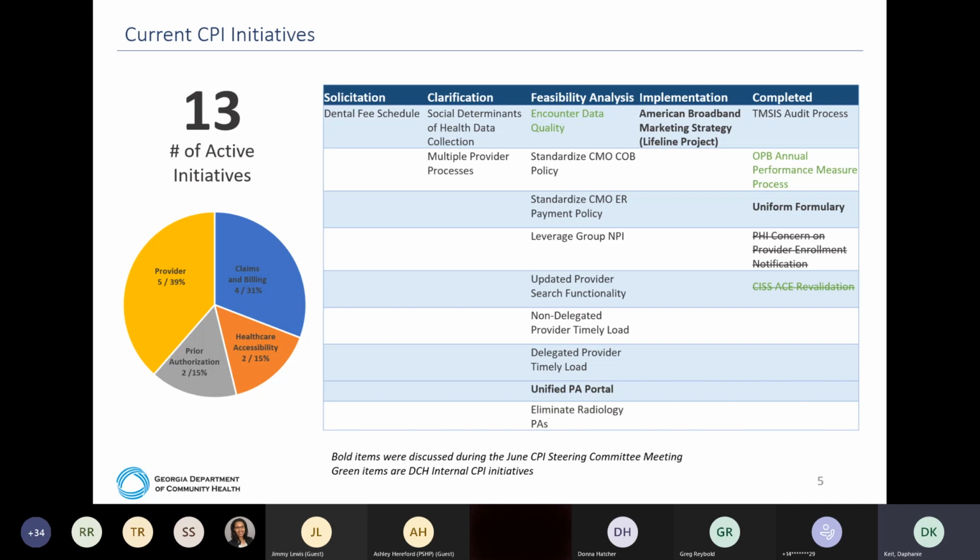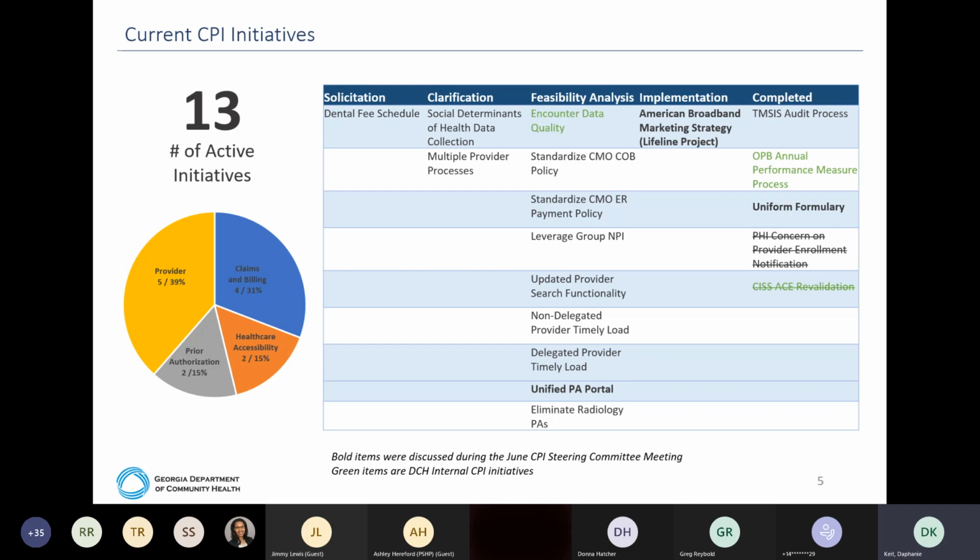So they're listed here, and again, we have 13 active initiatives. I'll start over in the completed section and talk through those, and then we'll make our way back to the start with solicitation. But the 3 items that we've moved to completion over these last 3 months is the TMSIS